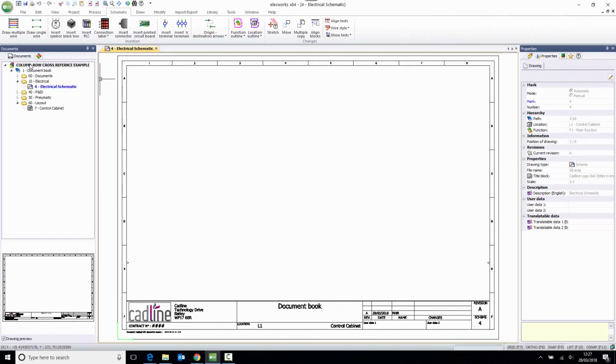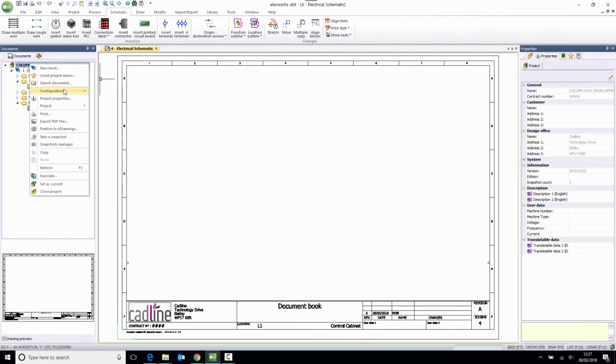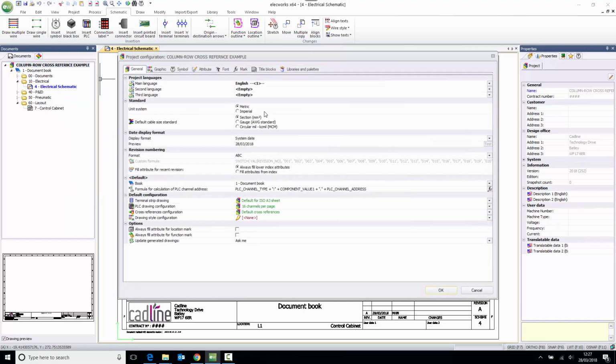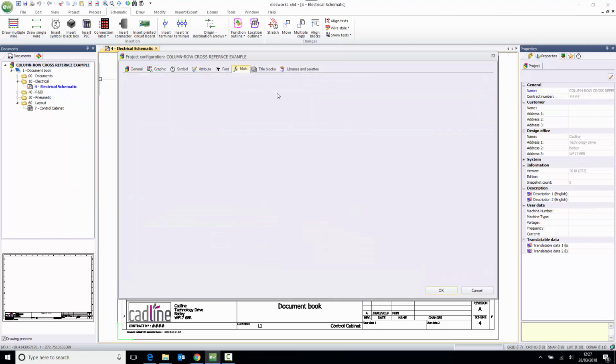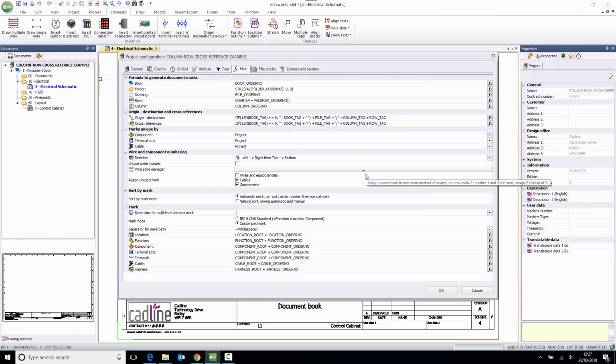If we have a look at the properties of the project and mark, you'll see that we've set up the origin and destination to include column and row cross-referencing, the column tag, the row tag, but the most important thing is that the row numbering system is set to characters with row order